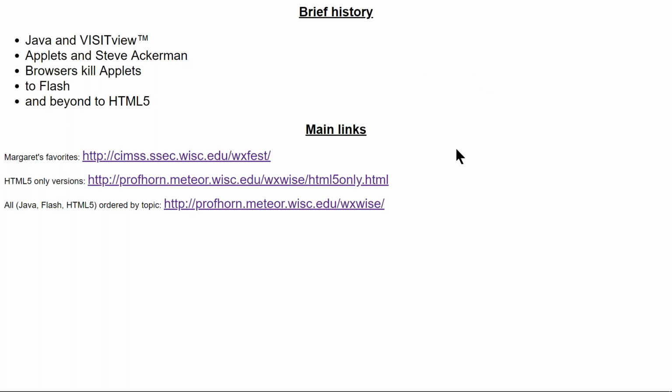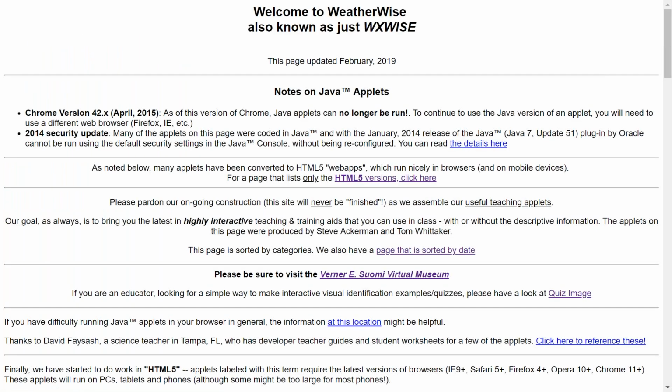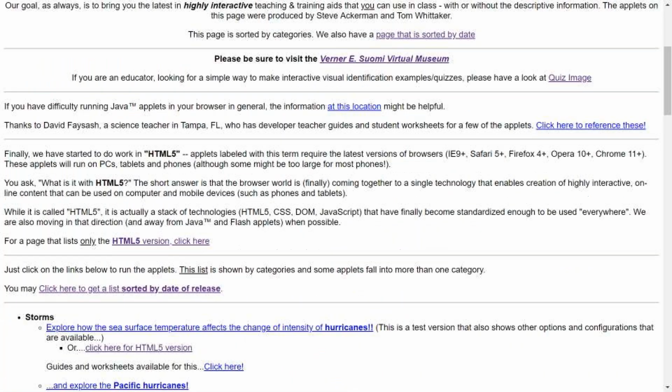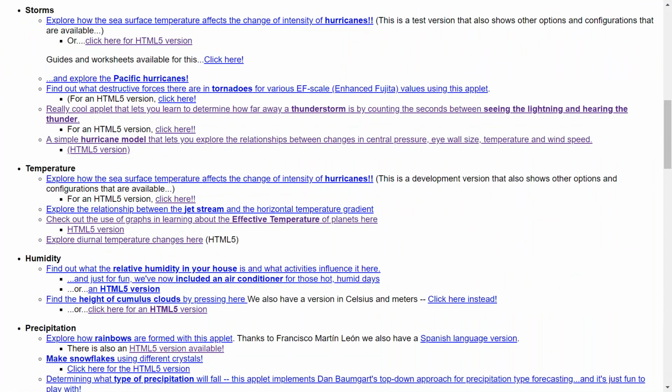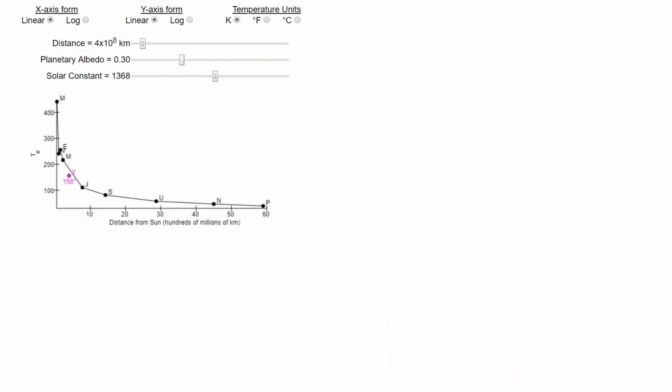I've left on the page here 3 URLs, and I'll get back to the first one. I want to go to the bottom one first, just to show you this is what we started with, and this is a page that's grouped by topic. So if you look, I'm scrolling down through here, and if you look at the topics, you'll see occasionally it'll say an HTML5 version, and I'm going to just pop one up here.